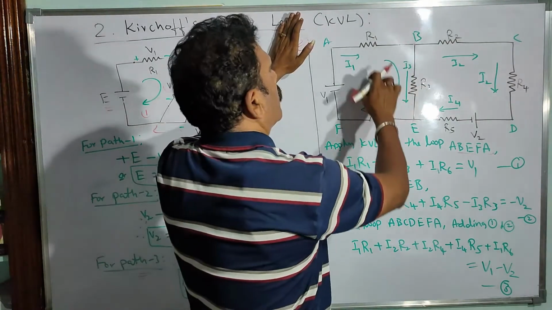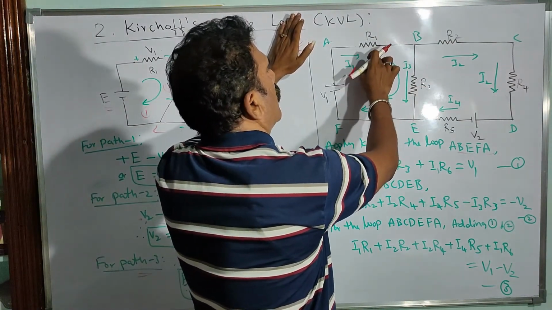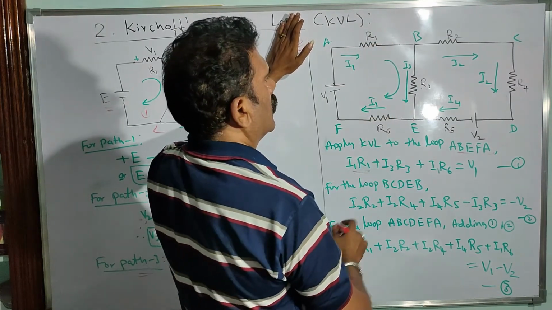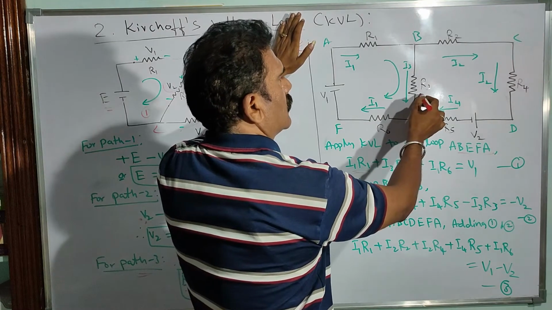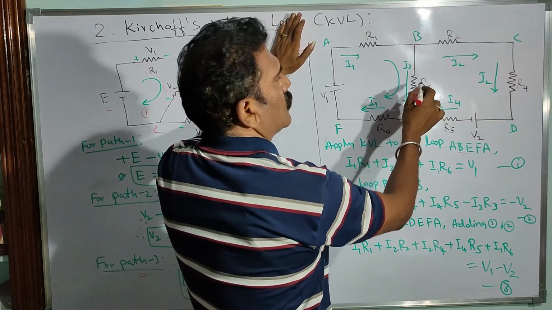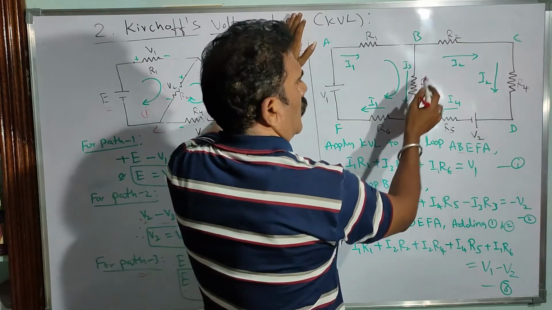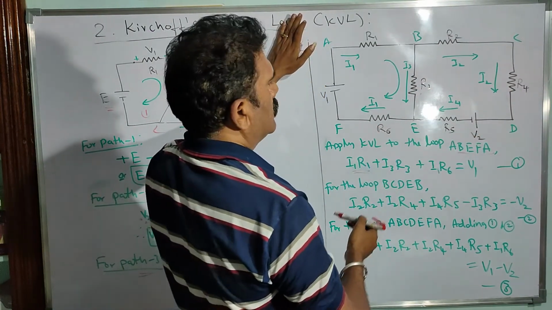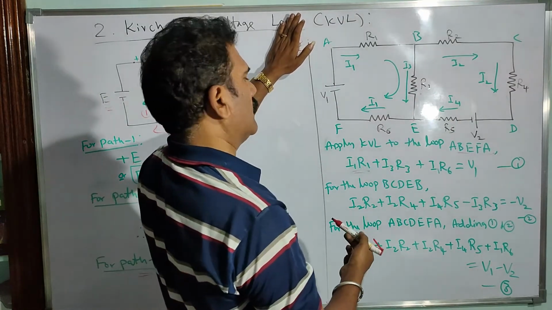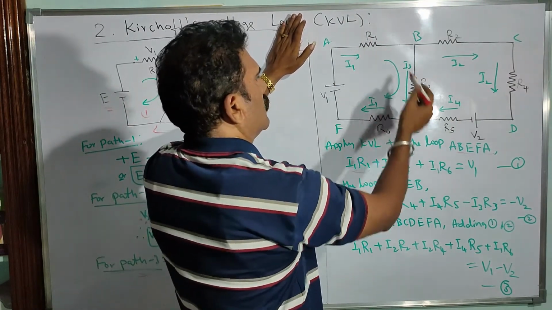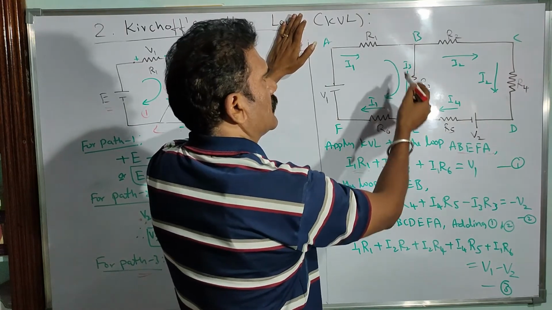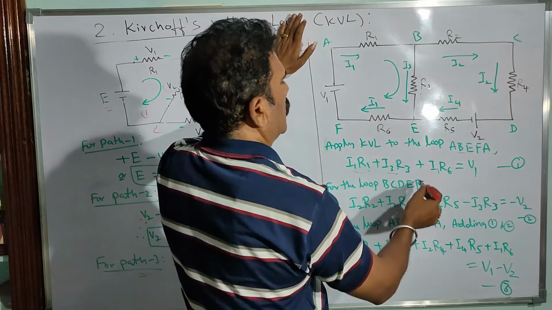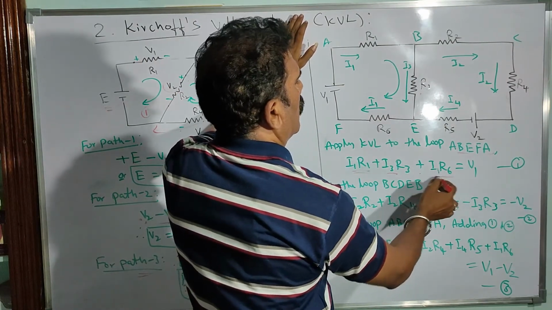In this loop you start from the resistor R1. The current through R1 is I1, so the product of these two is I1 R1. Then the second resistor is actually R3. Naming should be done first of all: R1, R2, R3 here, then R4, R5, R6. With respect to your naming, you apply the KVL. So this is I1 R1. The current passing through R3 is I3, so I3 R3. They are all in the positive direction. Plus I1 R6.